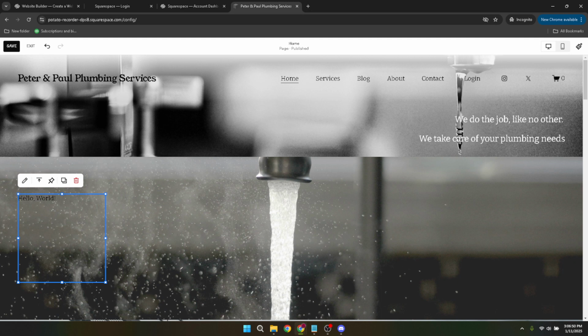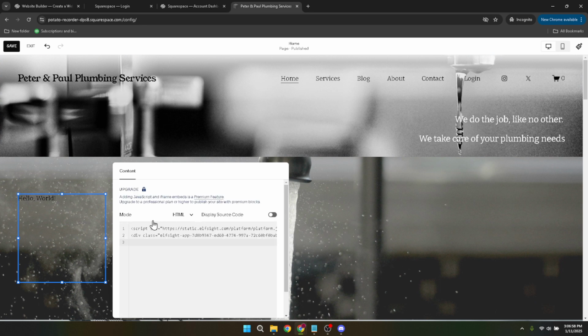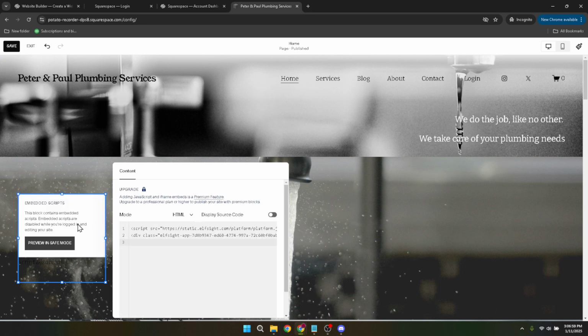Now it's time to incorporate your music. You do this by typing your custom code into the code block. Services like Elfsite provide user-friendly ways to generate this custom code. You'll need to copy the code generated by Elfsite and paste it into the block in Squarespace. This piece of code is pulling in the audio feature, ensuring your visitors can hear your chosen background music when